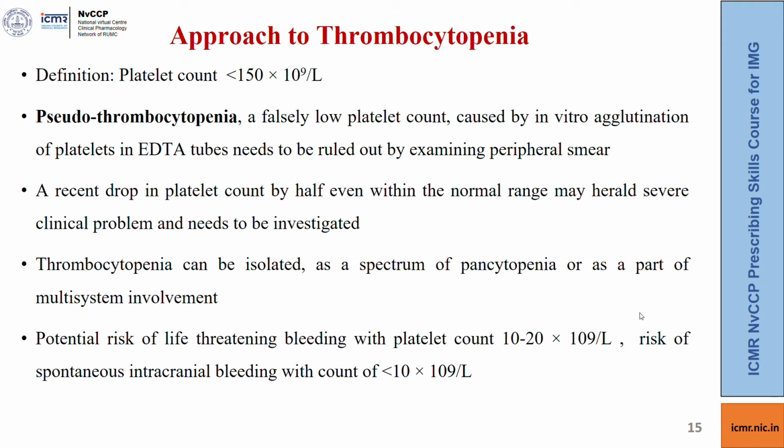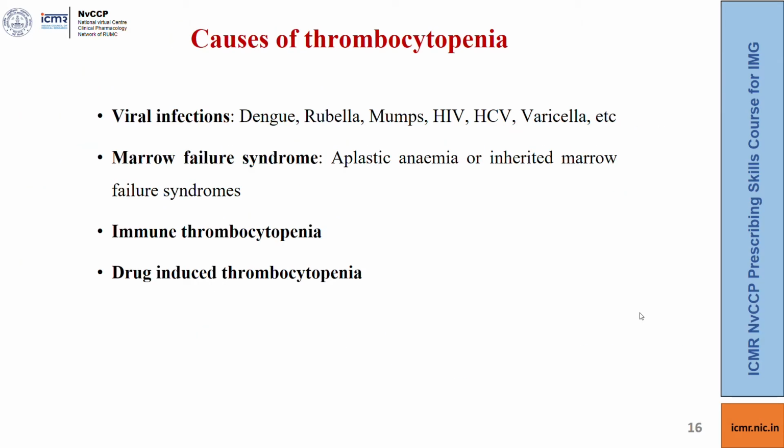Thrombocytopenia as such can be isolated, can be a part of a spectrum of pancytopenia or a part of a multisystem involvement. Potential risk of life-threatening bleed occurs with a platelet count of 10 to 20,000 per microliter and a risk of spontaneous intracranial bleed with a count of less than 10,000 per microliter. Causes of thrombocytopenia include viral infections like dengue, rubella, mumps, HIV, HCV, varicella, etc., marrow failure syndromes, immune thrombocytopenia, and